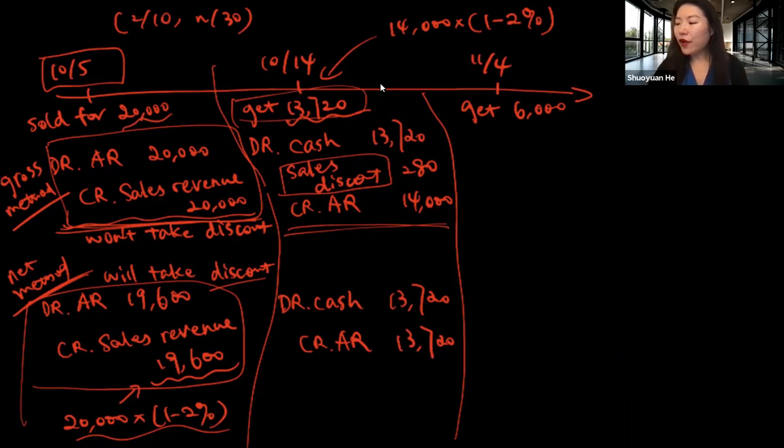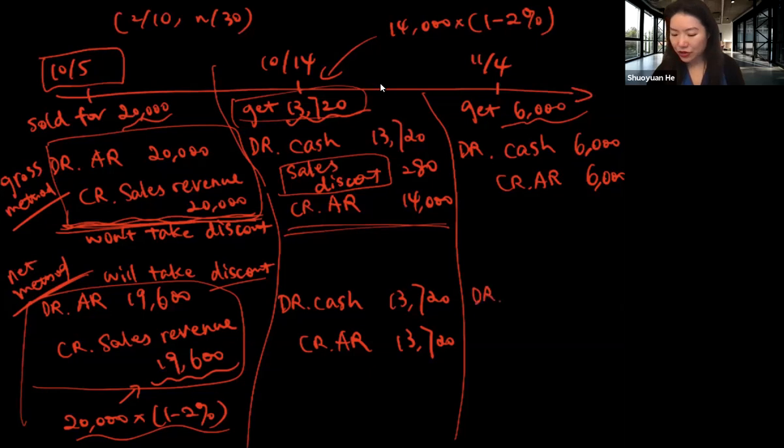And then on November 4th, the customer gets back the rest, 6,000. If the company has been using the gross method, assuming the customer won't take the discount, then my journal entry now is, for this 6,000, the customer didn't take the discount. So we just need to debit cash 6,000 and credit accounts receivable for 6,000. What if we have assumed the customer will take the discount, and now for this 6,000, the customer didn't take the discount? So now my journal entry should be debit cash 6,000,